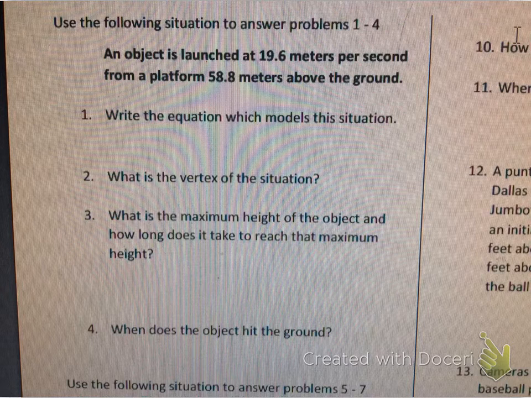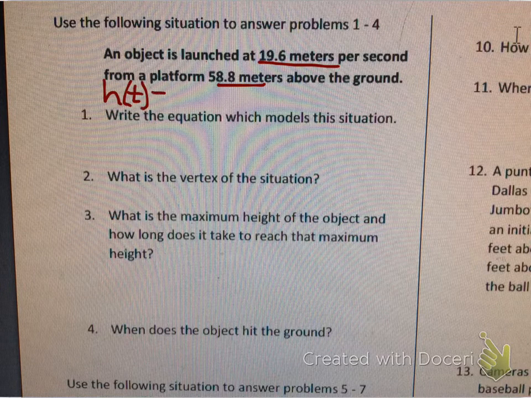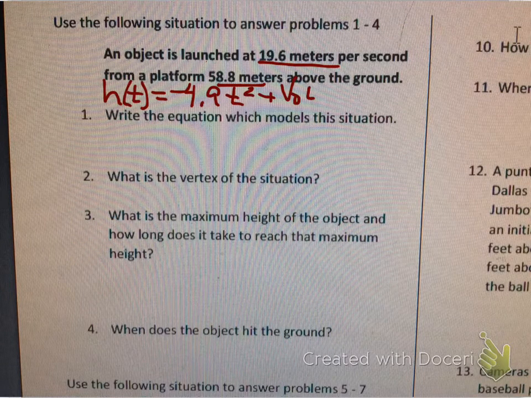Alright, so I'm starting off with word problems, those application problems. An object is launched at 19.6 meters per second from a platform 58.8 meters above the ground. First off, take note: we're using meters. So write an equation which models the situation. If you have this on your note card, which you should, the one for meters is h of t is equal to negative 4.9 t squared plus v-naught t plus